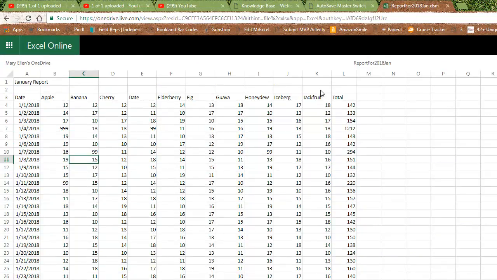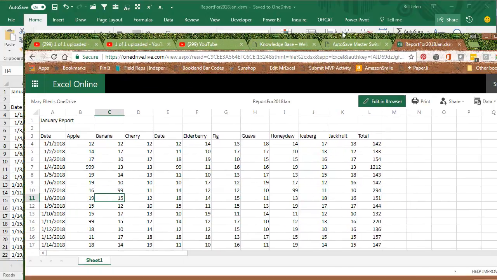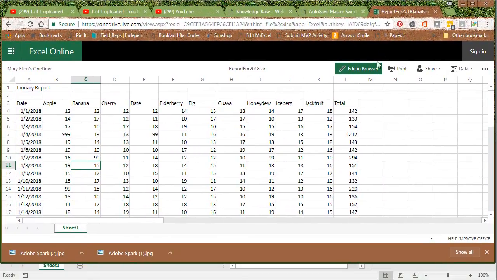All right, now, so here's someone who doesn't have Office 365, but needs to be able to work in this workbook. It's just outside of your view here. I'll try and make this a little bit smaller. And you see that we have this thing called Edit in Browser. When I choose Edit in Browser,